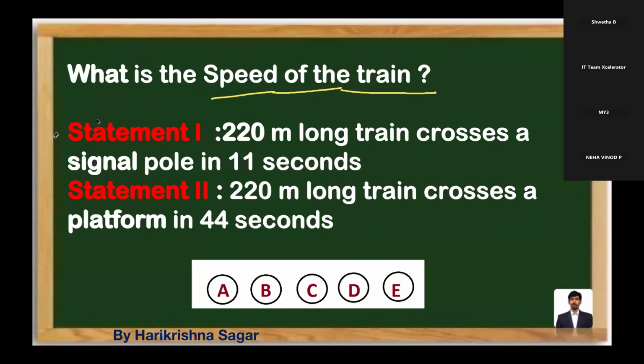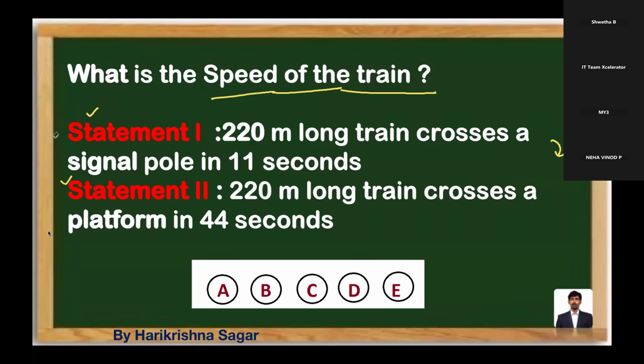Second thing, go to statement number 1. Read only statement number 1, and eliminate the options based on this. Elimination every time is required. After that, read only statement number 2. Only statement number 2. Don't carry the first information to this and try to eliminate options. After doing these individual statements, then you merge the two statements and use that data. That is what I'm trying to tell you.